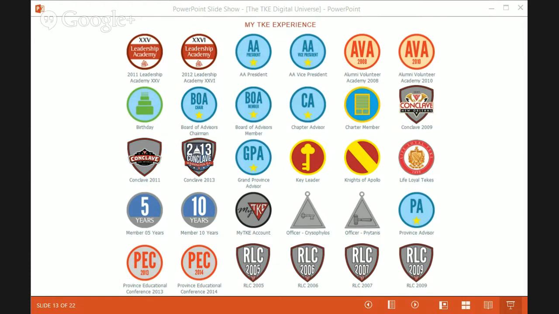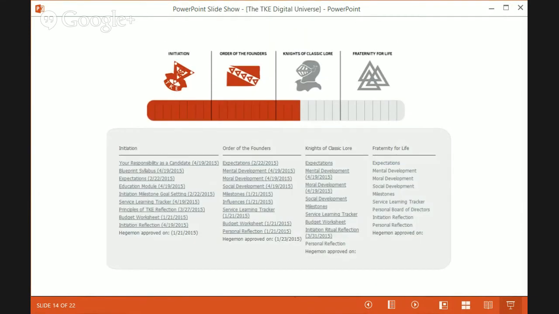So one of the most talked about features, and one of the things we're most proud of in the MyTeak system, is the blueprint. We developed with our software provider an online version of the blueprint. As you can imagine, purchasing books for each individual candidate that get shipped to them, taken out of a box, given to a candidate, and then end up on a shelf never to be seen again.